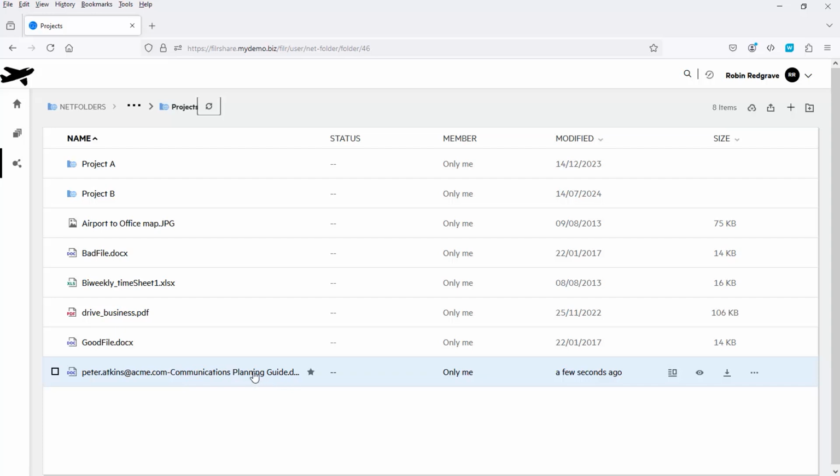So if there are multiple people uploading files of the same name into this folder, then I can separate them out by email. Once that file is in the Filr system, I can treat that just the same as any other